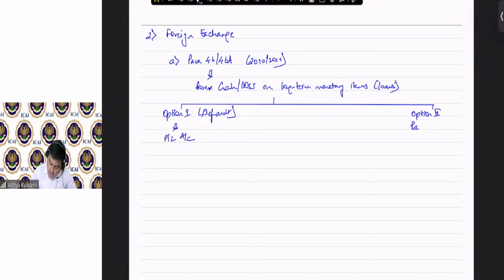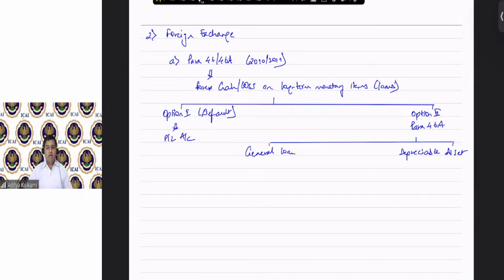Option two, para 46A. This para 46A gave us two options, depending on the reason for taking the loan. The first one is a general loan. The second one is a loan related to a depreciable asset. So if it was a general loan,